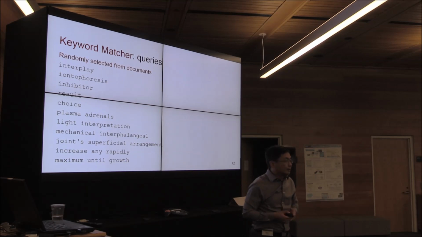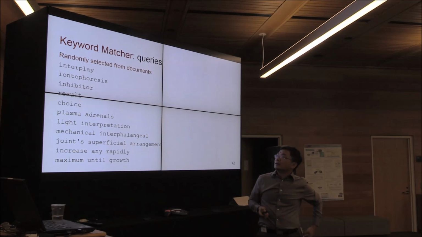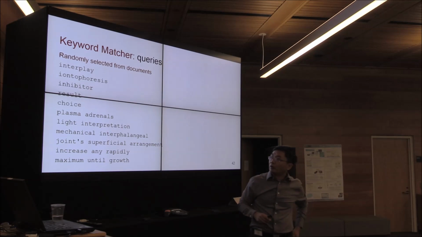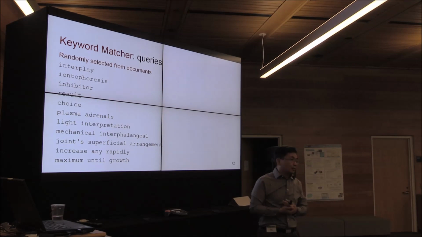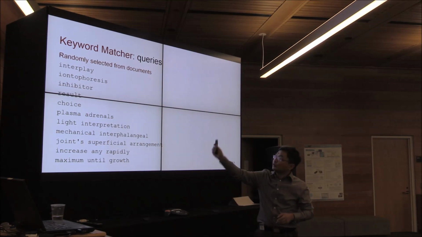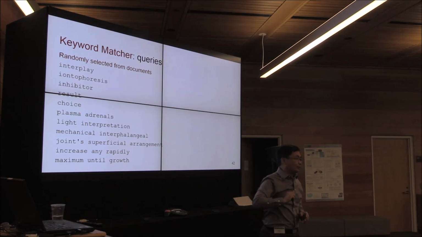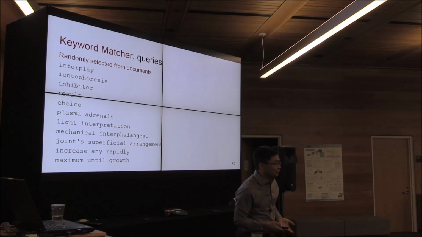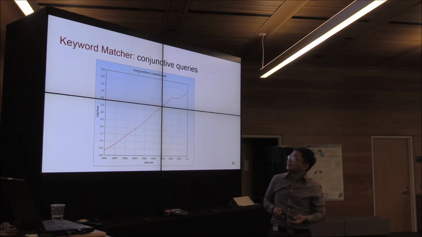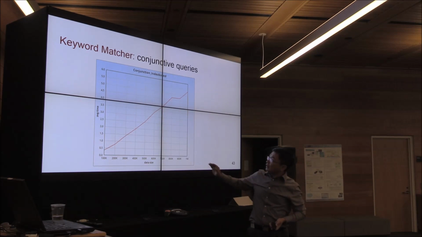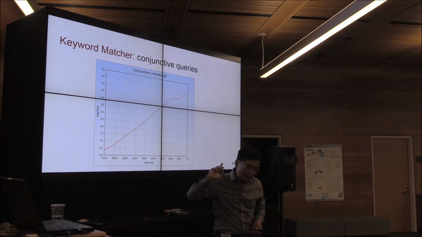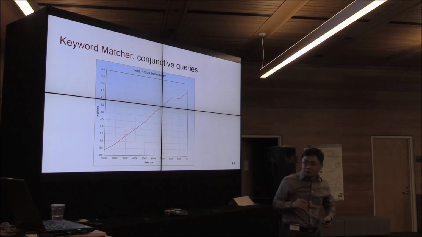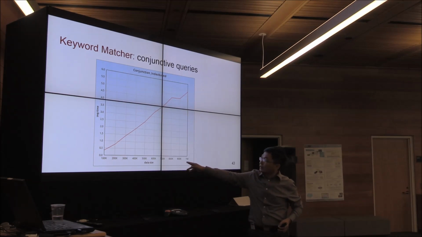So let's talk about the keyword matcher. For the keyword matcher, we randomly pick some of the keywords from the documents, and then we run this keyword query using our inverted index, using Lucene's inverted index, using our operator, which internally uses Lucene's inverted index. So this is a curve